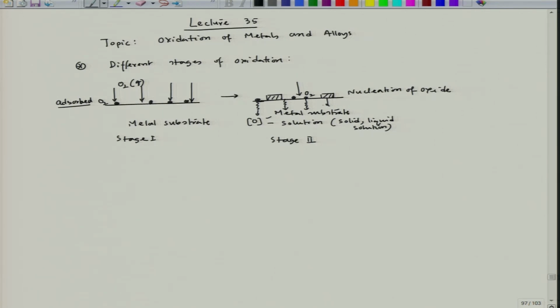Now, when this oxygen is going in and forming solid solution, we know that solid solution is possible from 0 to 100% in the case of an isomorphous system. For example, nickel and copper are isomorphous, so nickel can take as much copper, and even copper can take as much nickel. There is no limit, but there are situations where